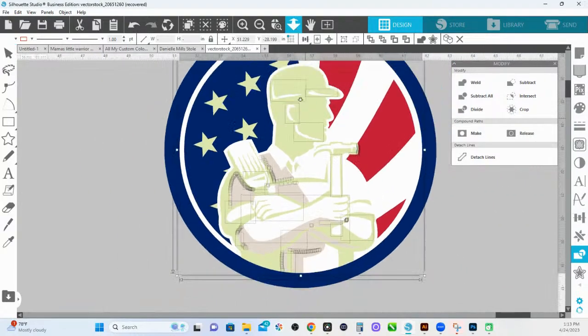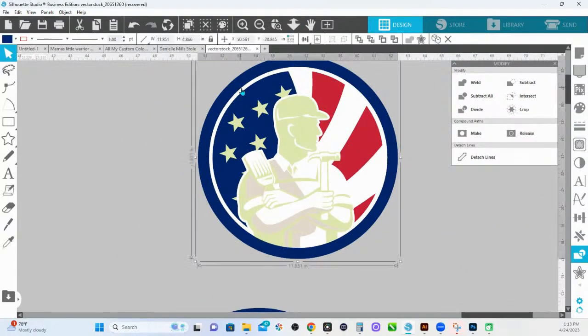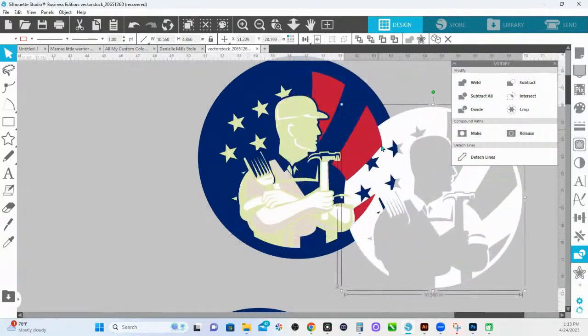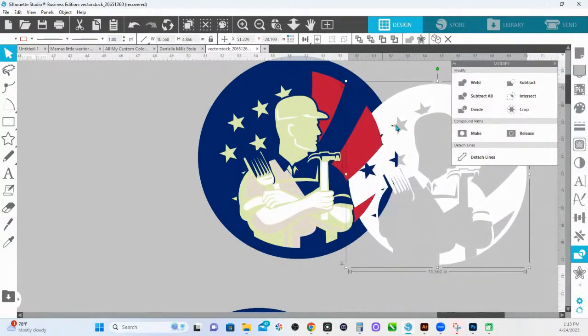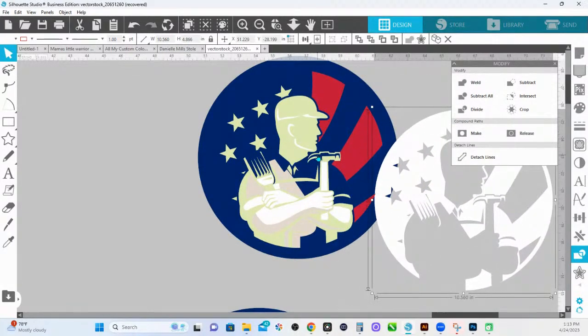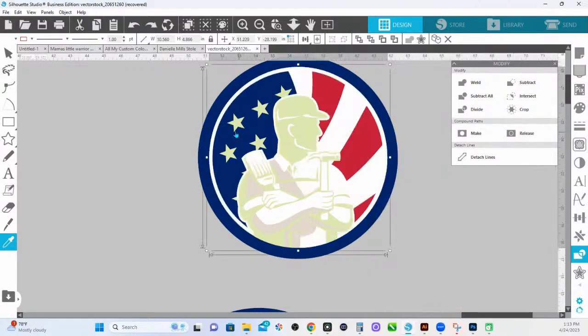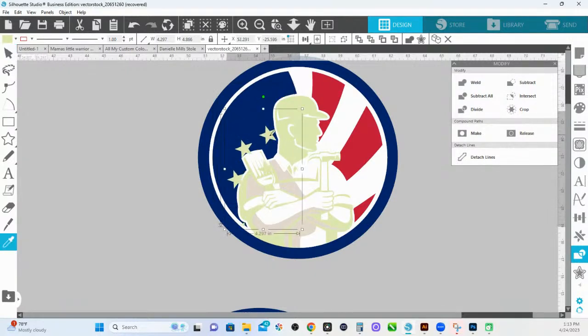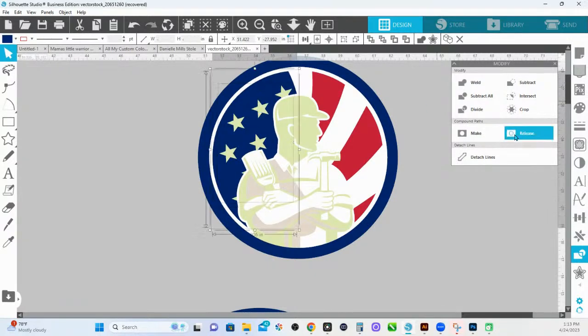So I'm going to just click here. So what I did with the white, it now has cutouts and everything is going to basically fit inside of it. So we're going to take this and we're going to